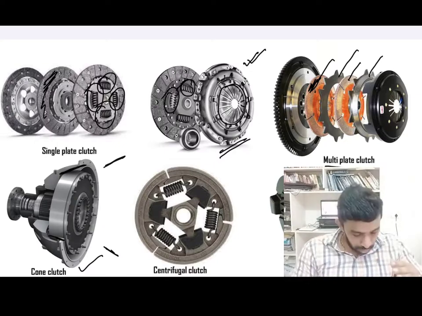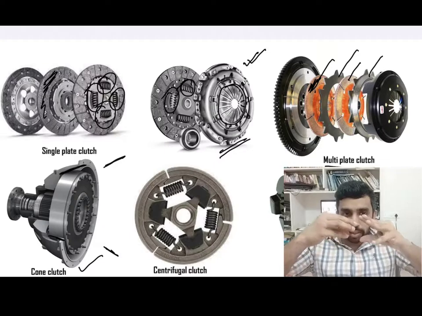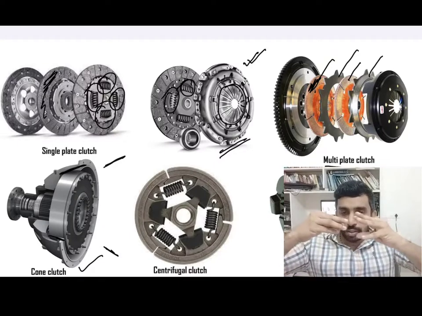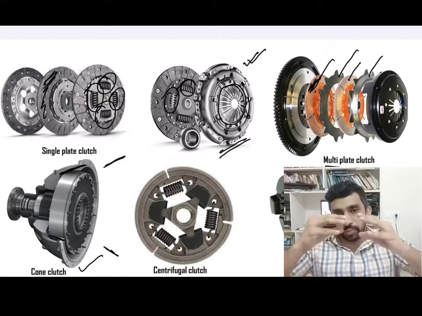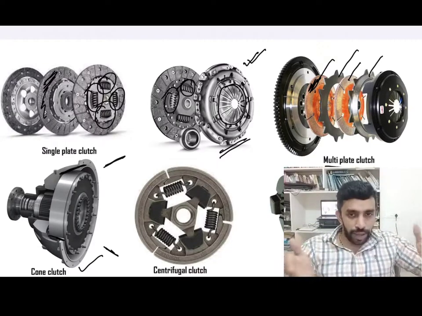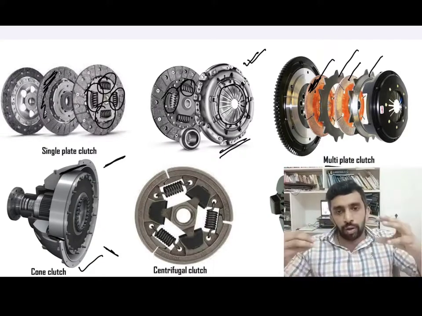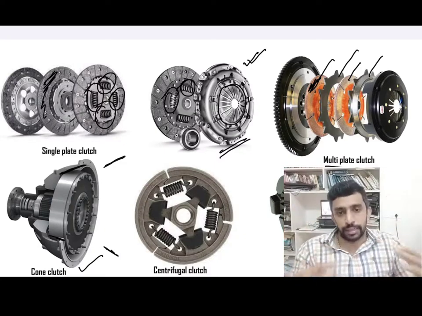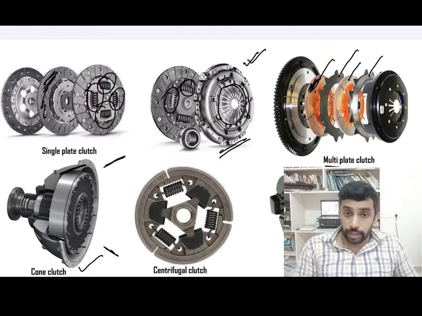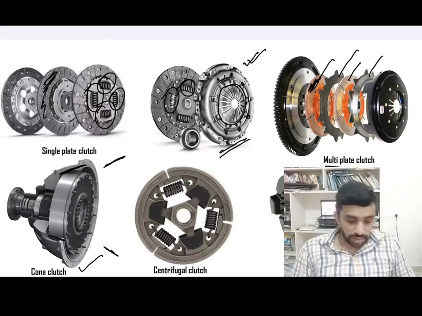That means if you look at the cone clutch, you have a driver side and a driven side, with a conical shape like this. So it gets engaged in a conical manner. Even though the cone angle is very small and you feel it is parallel or horizontal, actually it is conical. One cone enters into the other, the male entering into the female. The arrangement is like that. It can transmit a higher amount of load and is a very efficient clutch. That is also one of our focuses of study.